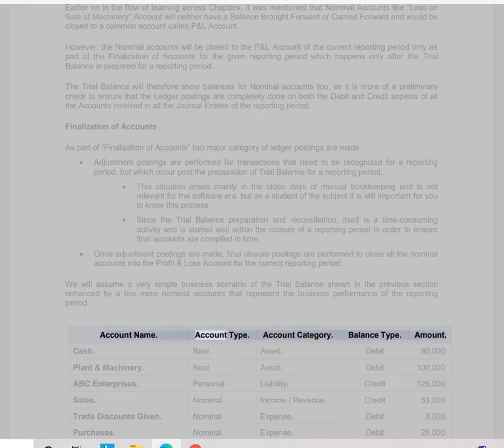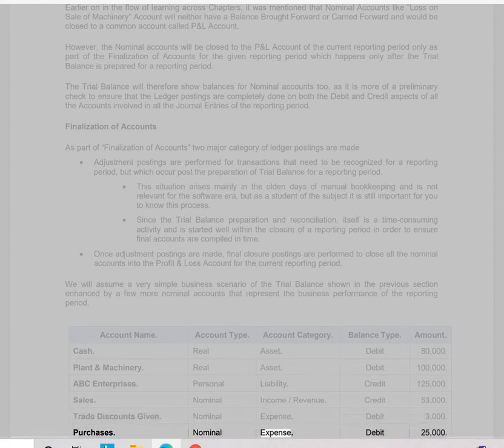Account name, account type, account category, balance type, amount: cash, real asset, debit 80,000; plant and machinery, real asset, debit 100,000; ABC Enterprises, personal liability, credit 125,000; sales, nominal income/revenue, credit 53,000; trade discounts given, nominal expense, debit 3,000; purchases,